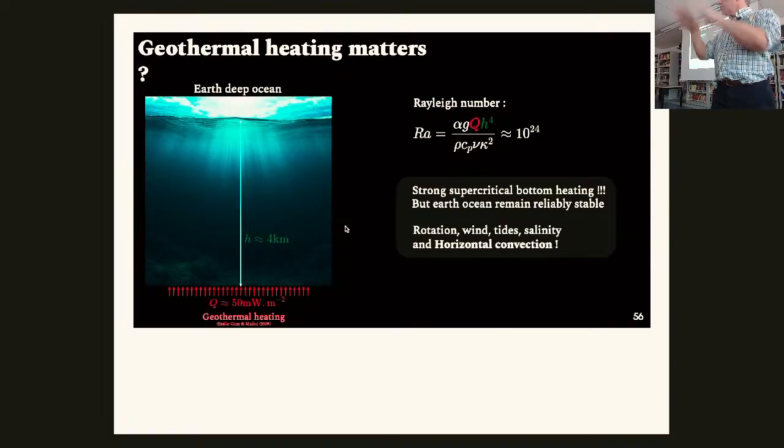But the Earth's ocean is not well mixed by Rayleigh-Bénard convection, not at all. The Earth's ocean is stably stratified. It has a complicated density structure. It has a thermocline in most places, so there are differences in the gradient. And this calculation is terrible, right? It doesn't tell you what happens in the world ocean, but it's very counterintuitive because it's such an enormous number. So the real problem is that you need to think about rotation, wind, tide, salinity, all these effects, and horizontal convection. So one of the questions here is we need to be careful about just saying Rayleigh numbers without thinking about what effect is physically dominant.